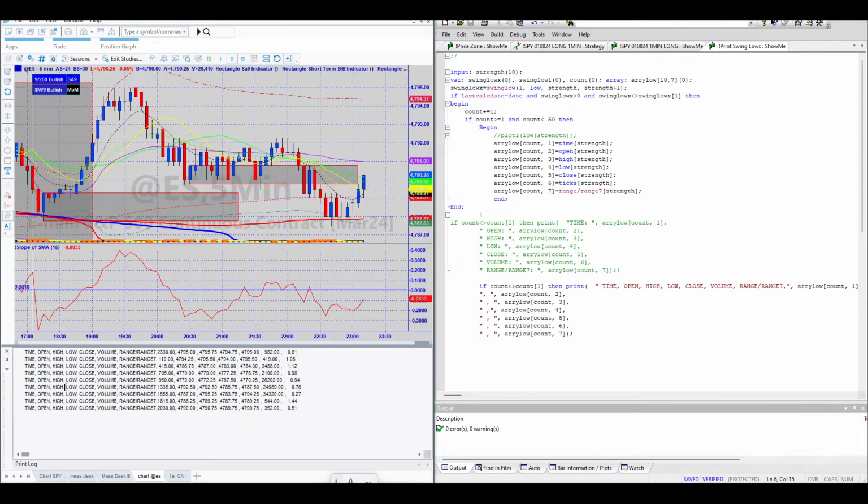lows come up, right? And so I put on here that I want it to say time, open, high, low, close, volume, range 7, because that's what each column is. First column is time, second column is open, right? So the first column is time, then open, then high, low, close, then you have the volume, and then you have the range as a ratio. So when I copy and paste this,